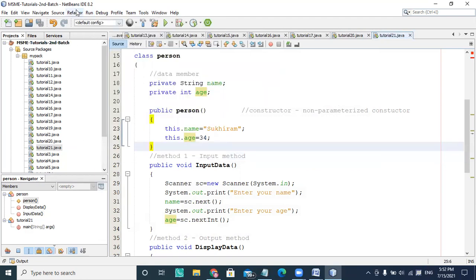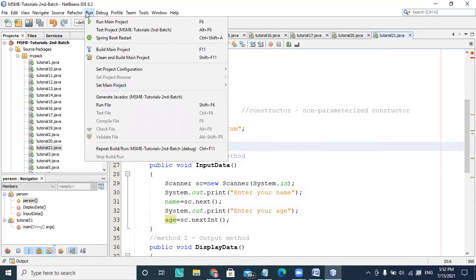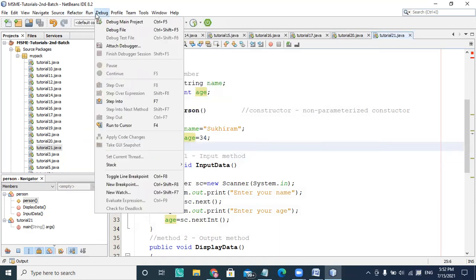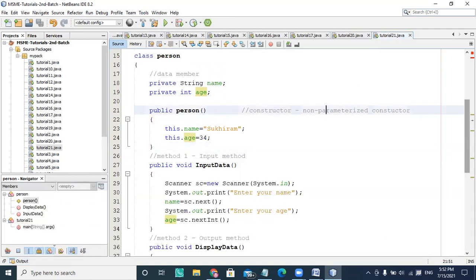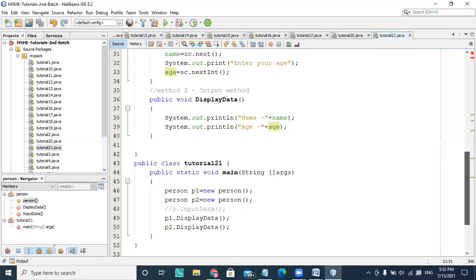And what is the main? Where it is debug, starting with F7 here. It says it could not find or load the main class, but my main is there. Is the spelling wrong? Public static void main, yes, it's correct.